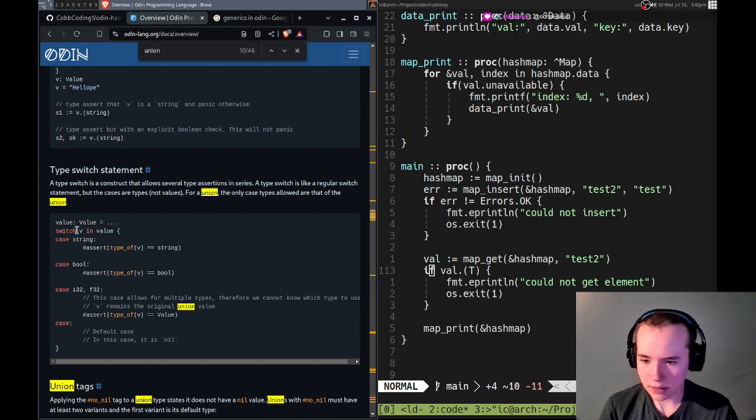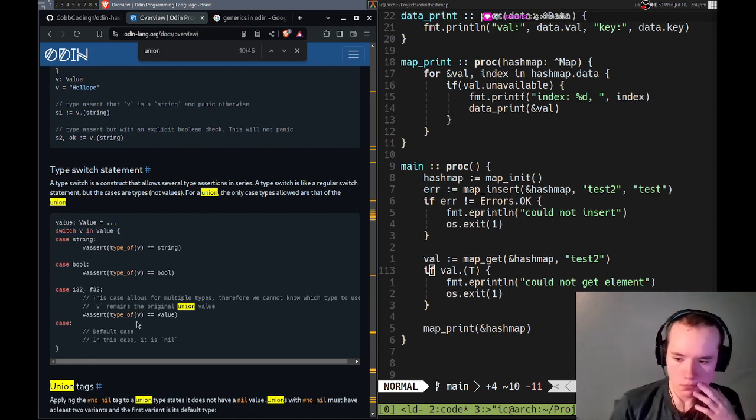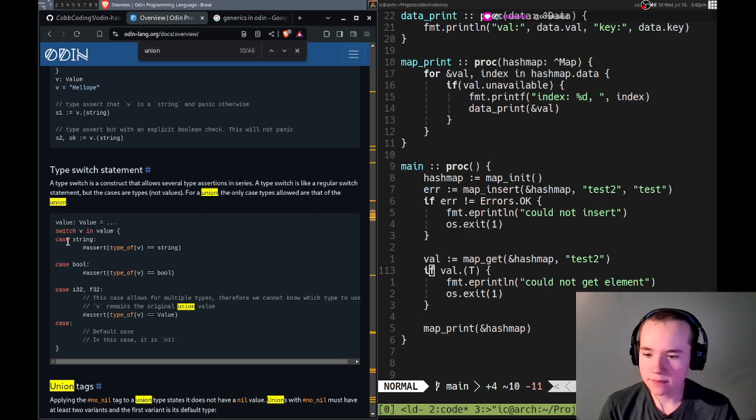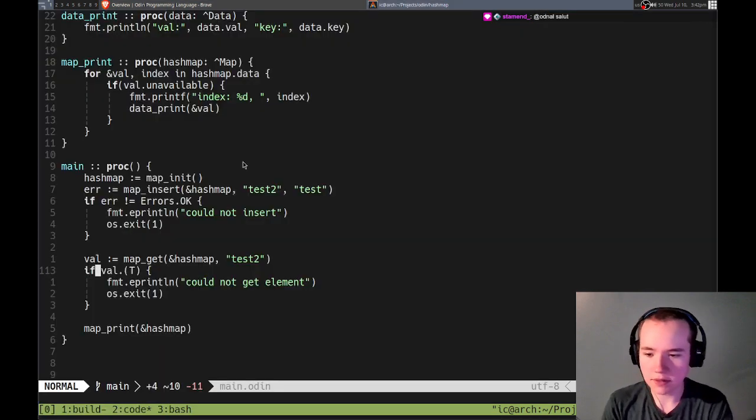Switch VM, okay. Right, so type of. So if type of val equals errors and val does not equal errors dot